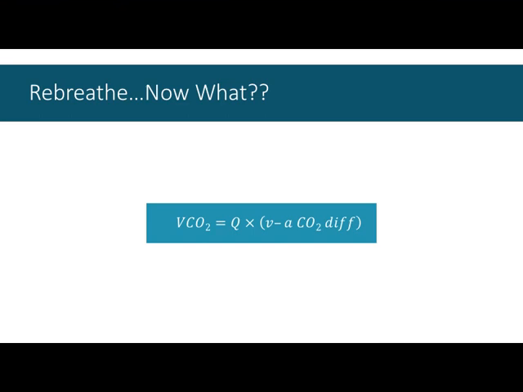So the indirect Fick equation is what we have here. Indirect Fick uses VCO2 or CO2 contents and not oxygen. Oxygen is the direct Fick version of the equation. And this relates delivery or addition or extraction of a substance from a medium to the flow of that medium and the concentration